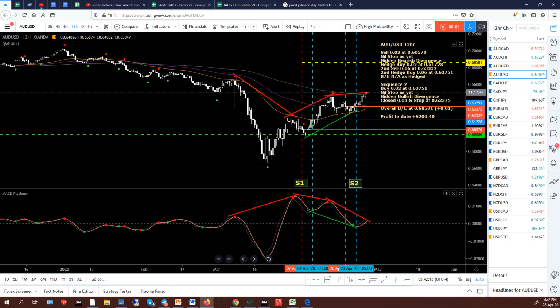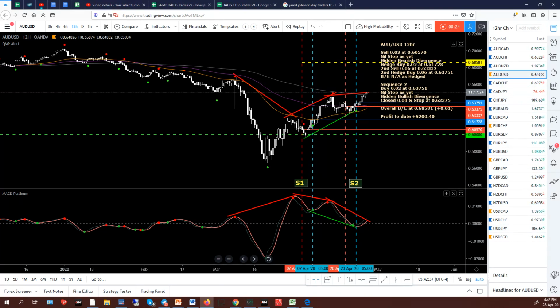It is Tuesday, 28th of April 2020. It's 4:42 p.m. local here in Da Nang, Vietnam. It's a look at my 12-hour high probability charts. The new candle was at 4 p.m., so that was 42 minutes ago. There is a little bit of action, as you can see on my